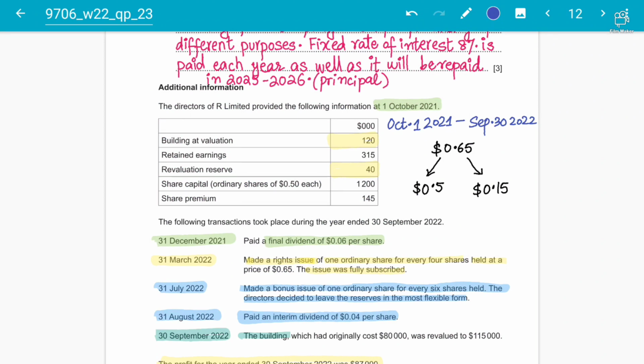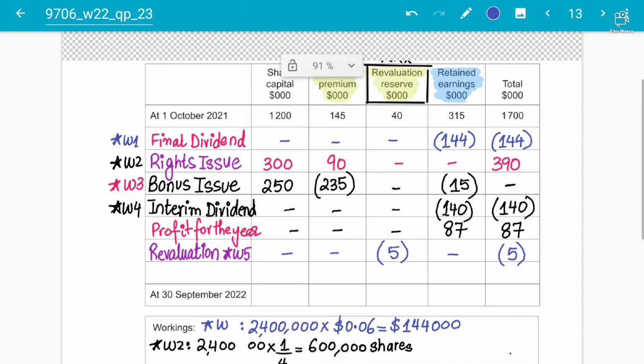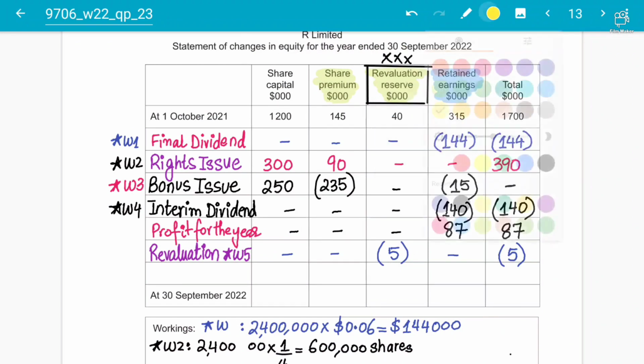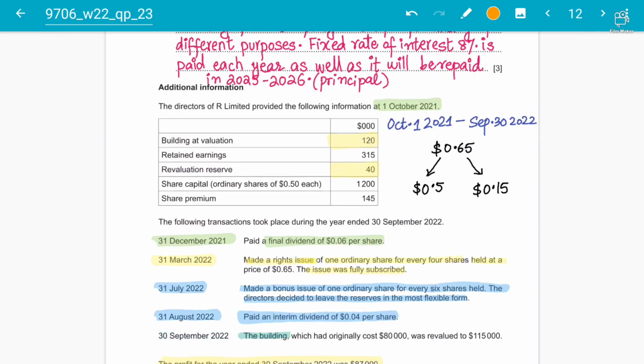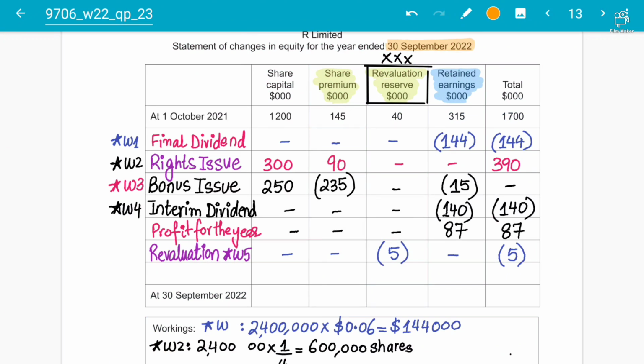It was 80,000 cost, but you valued it at 120,000, so there was a 40,000 valuation upward gain, and that is why 40,000 is written there, valuation upwards. But then what happened, sir, is that by the end of there, because 30th September 2022 is the end of there, right, students? At the end of there, the value is now 115,000. The new value is 115,000, and your valuation is 120,000. It means there is definitely a 5,000 decrease. That is what I've mentioned, that 5,000 decrease there.